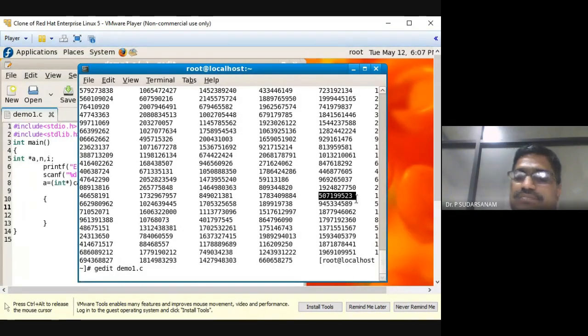Mod 10. Anybody can say. 507. Now mod of 100, what output will you get?